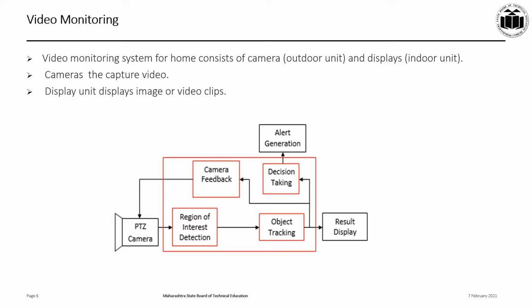The video monitoring system is also equipped with motion sensor technology. It gives you more security and is an energy efficient solution for video monitoring. When motion sensors are connected, the motion sensor detects movement, and as soon as it detects movement, the camera will start recording and automatically generate an alert signal if any movement is found around. The same thing we can also monitor on the display.